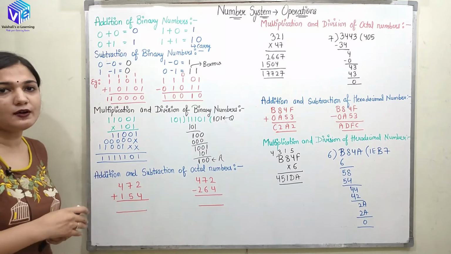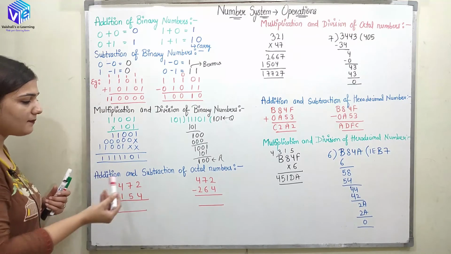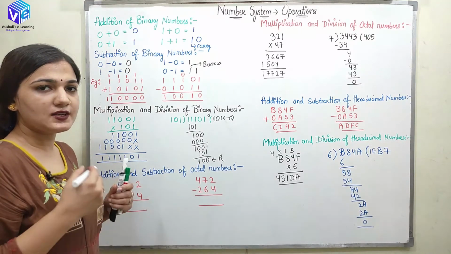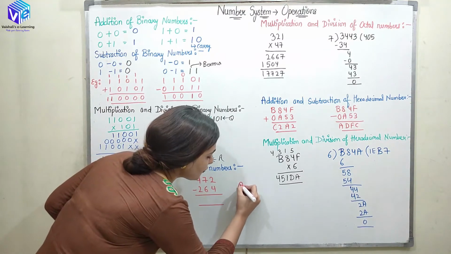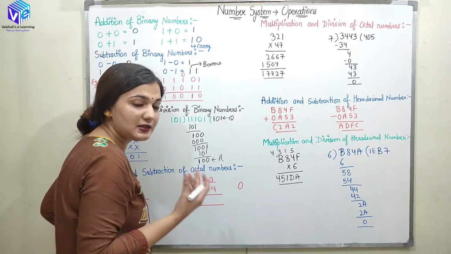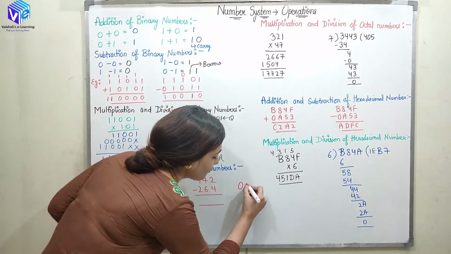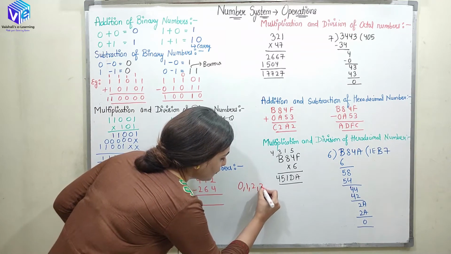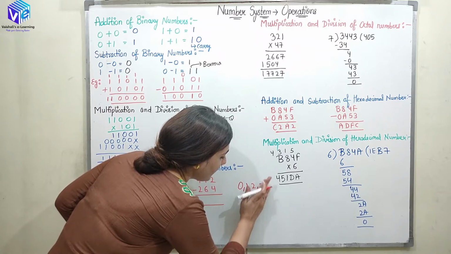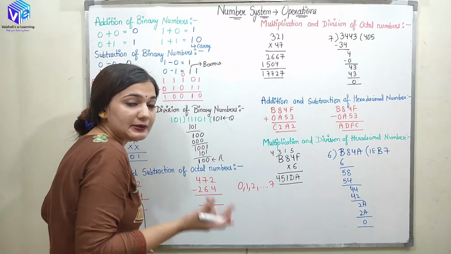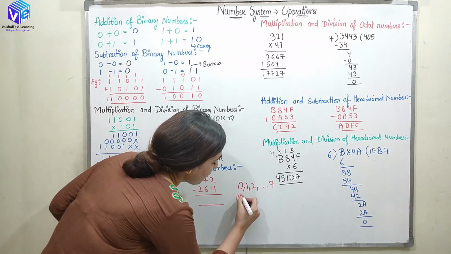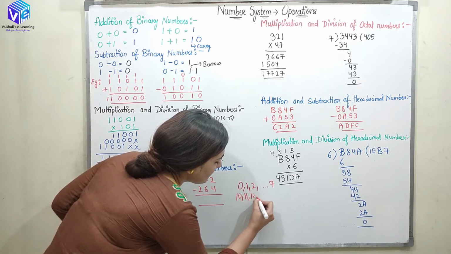Now coming to the octal number system. In the octal number system, the first thing that we are going to discuss is the addition and subtraction, and for that I will be telling you one trick. So in the octal number system, we can represent the digits from 0 up to 7: 0, 1, 2, 3, 4, like up to 7. Right, after 7 we don't represent 8, after 7 we have 10, then 11, then 12, up to 17.